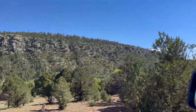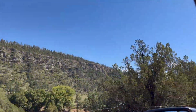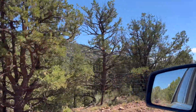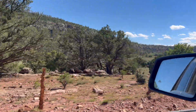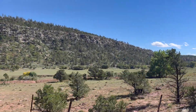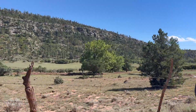I don't know why they would go across the street there, but the other issue with this property, it goes right up that ridge, and it is so steep and so thick with trees that I told these folks that this area is a little bit higher fire danger too. Down there in the valley, you're fine. You're in more open space, more defensible space, stuff like that. But man, up on that ridge, that's very similar to what some of the stuff that burned last year in